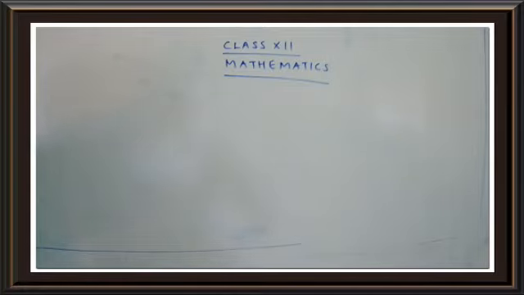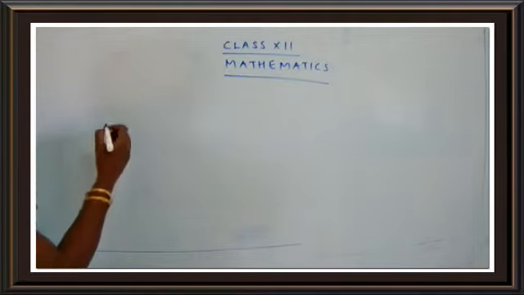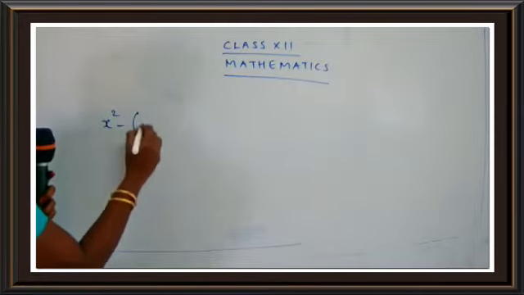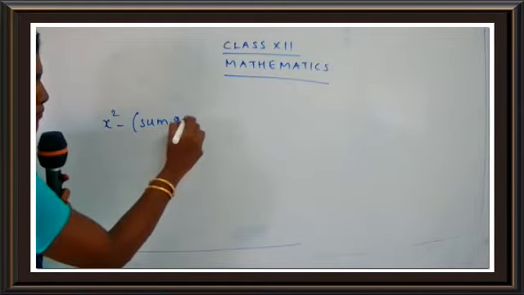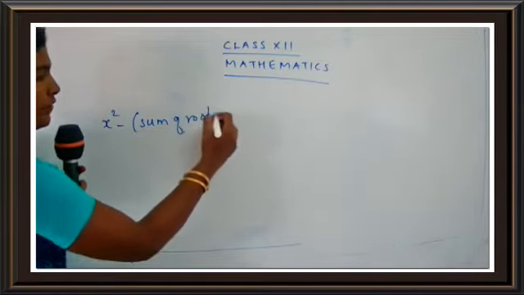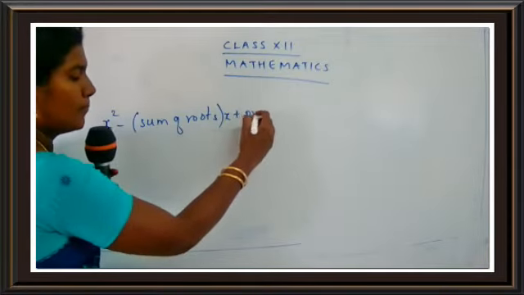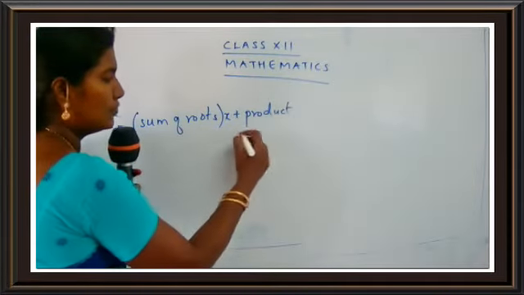In this Vieta's formula, you have two things. That is, you have Vieta's formula for a polynomial equation of degree 2 and also for degree 3. And already we have studied it for degree 2, in our 10th and 11th standard. We have used the Vieta's formula for degree 2. Do you remember this formula? x square minus sum of roots the whole x plus product of roots is equal to 0.